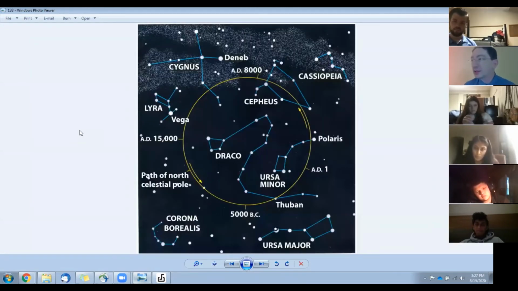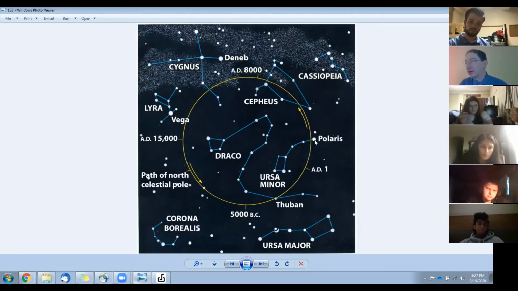So this yellow circle shows where in the sky the rotation axis is pointed, where the North Celestial Pole is. But nowadays, it's really close to Polaris, so we call that the pole star. But in the future, maybe this star, and then that star, and that star, none of them are exactly on the circle, but you just grab the brightest star on it, or close to it, and call that the pole star. You got a really bright Vega over here, so in about 12,000 years, we'll think of Vega as the pole star, although it's not as close as Polaris is at the moment.